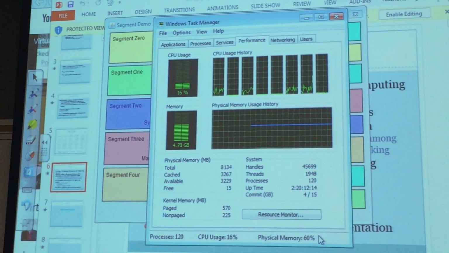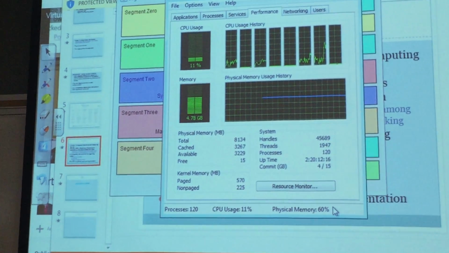Well, okay. So segmentation is a way for space allocation in the memory, while paging turns what would be